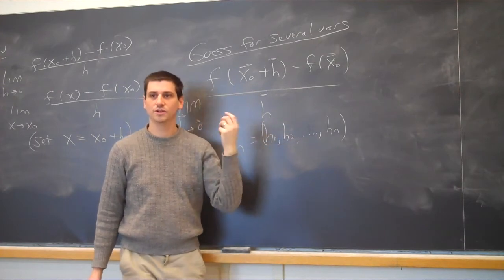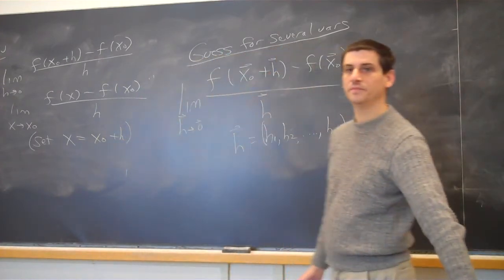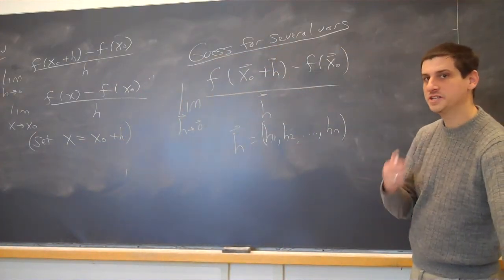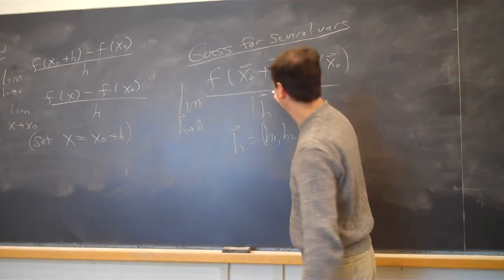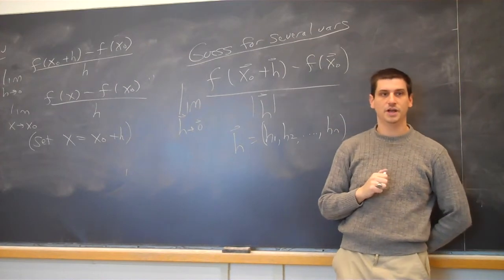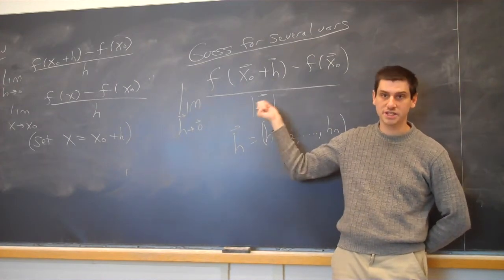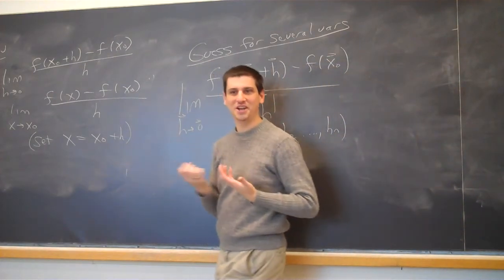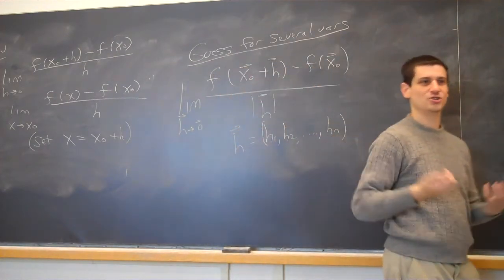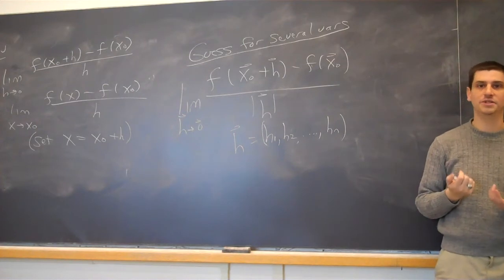We can't just put in, yes? So would you have to divide by, like, the length of h? Excellent. So that's a great thing to try and say, well, let's put in the length of h. That's a very natural thing to try, and we'll actually see something like that come in a few moments. And I was going to ask, does anybody know a way to get a number if I give you a vector? So the length of h should somehow come into play.